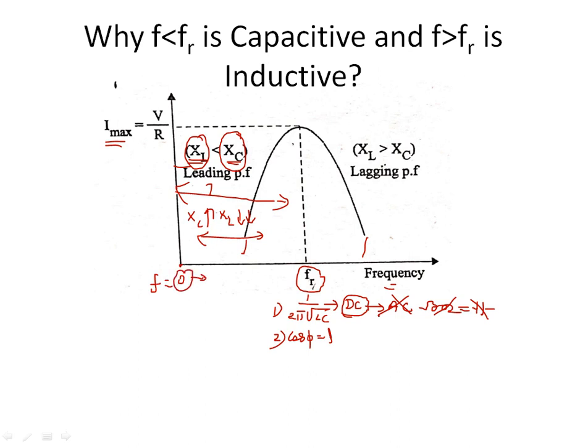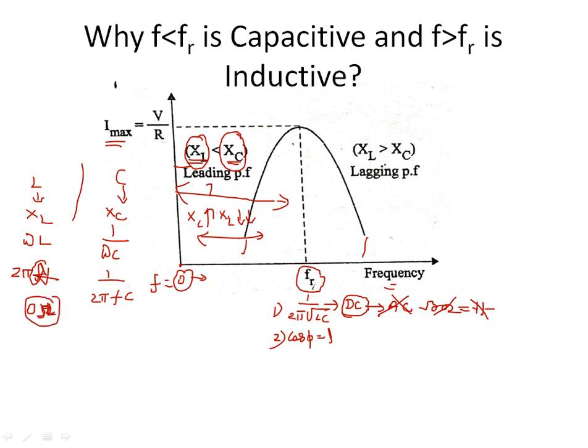So we have two energy storing components: one is L, another one is C. What is the representation? The usual representation is XL and XC. XL is nothing but omega L, XC is nothing but 1 by omega C. Omega L is nothing but 2 pi FL, and 1 by omega C is nothing but 1 by 2 pi FC. Okay, fine. Substitute F is equal to 0 here. You get 0 ohm.